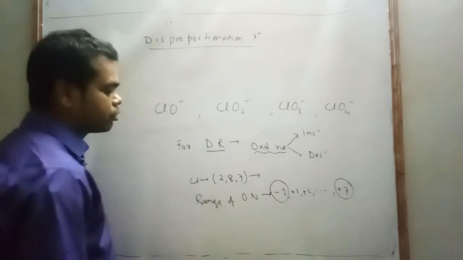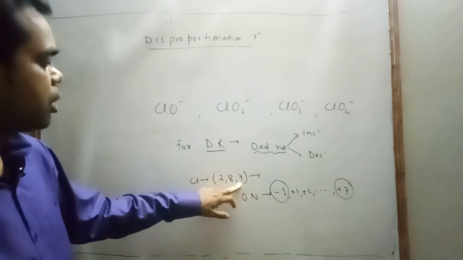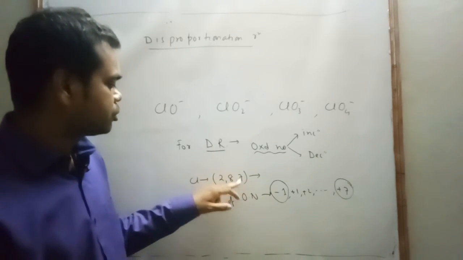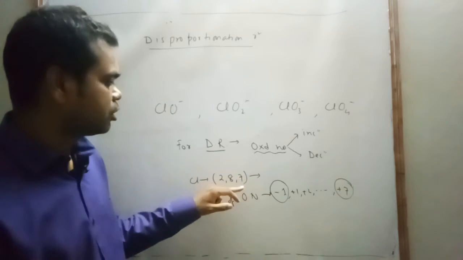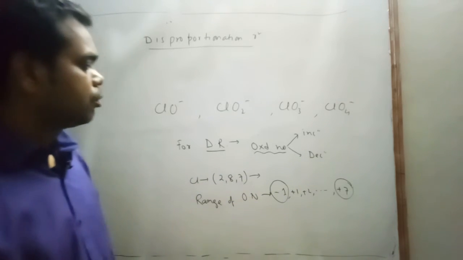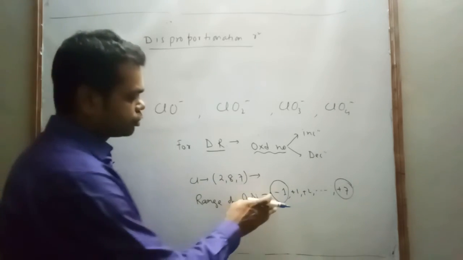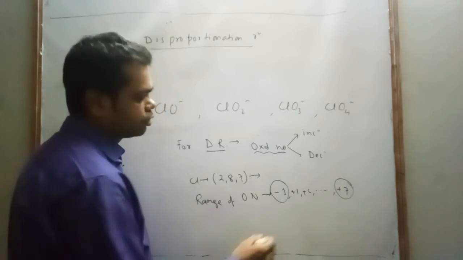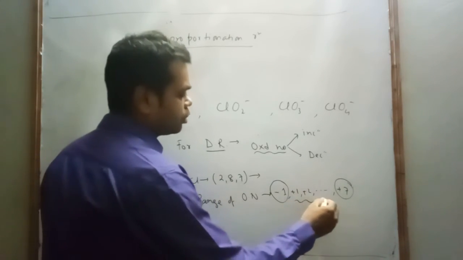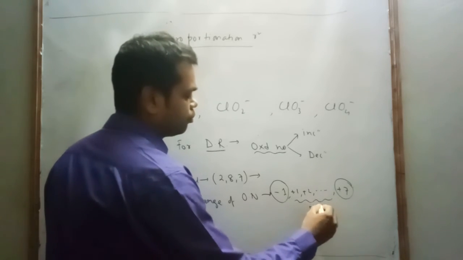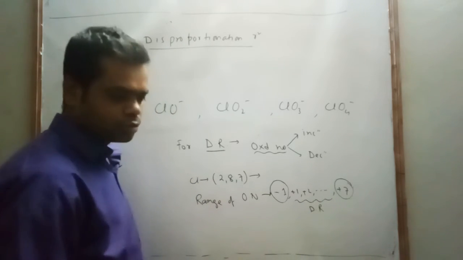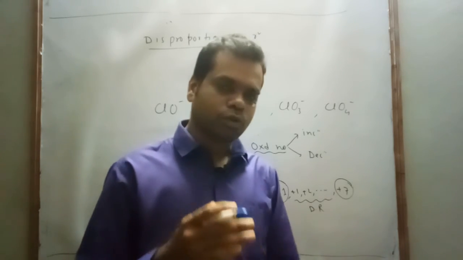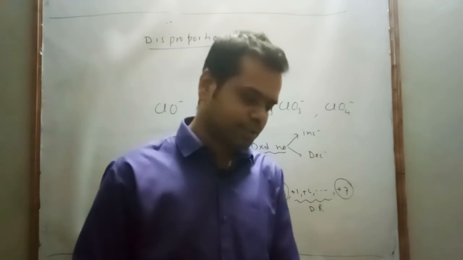So how will we calculate this? It requires 1 electron, so if the oxidation number is -1, it can give 1 electron, 2 electrons, 3, 4, 5, 6, 7 electrons. So the maximum oxidation state is +7. So these two oxidation states, -1 and +7, do not undergo a disproportionation reaction. Disproportionation reaction is only from +1 to +5. A middle oxidation number undergoes a disproportionation reaction, because in this case it can increase or decrease.